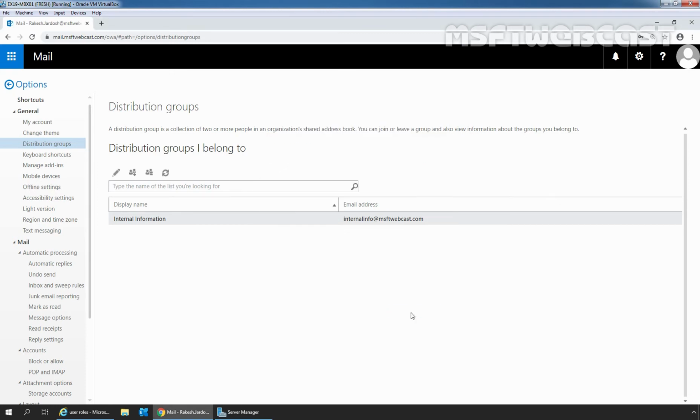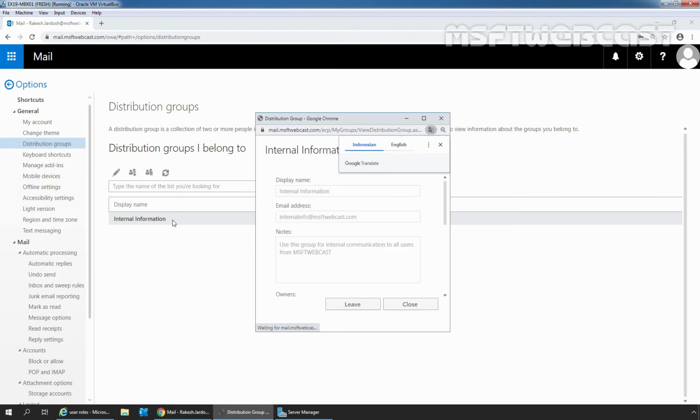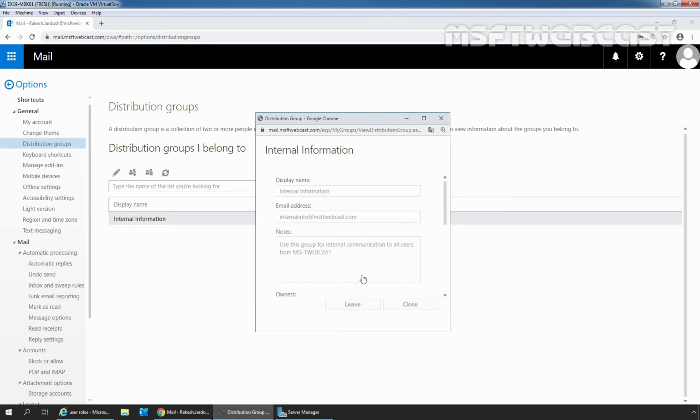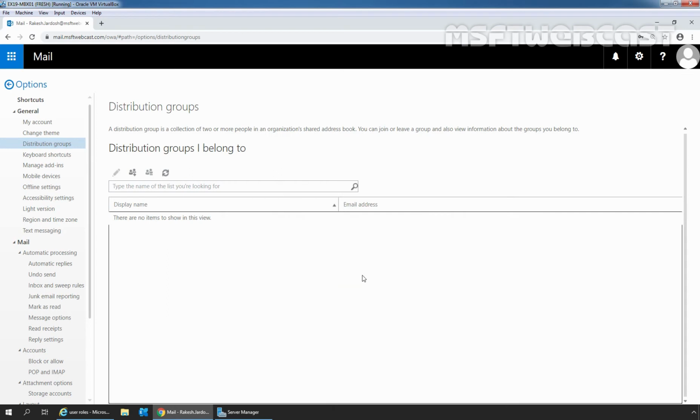Suppose the user wants to leave a distribution group, then the user needs to select the distribution group. You can click here to leave the group, or you can double click on that distribution group and click on Leave to leave this group. It is asking for confirmation: are you sure you want to leave this group? Click on Yes. Perfect.